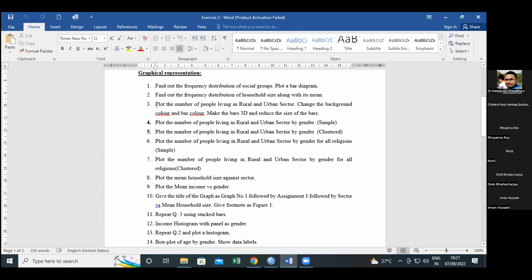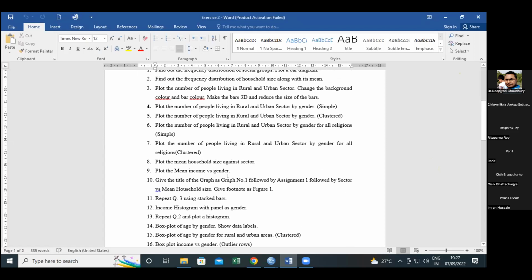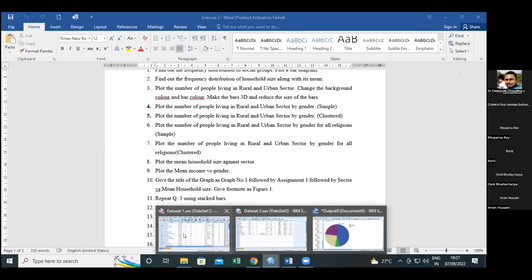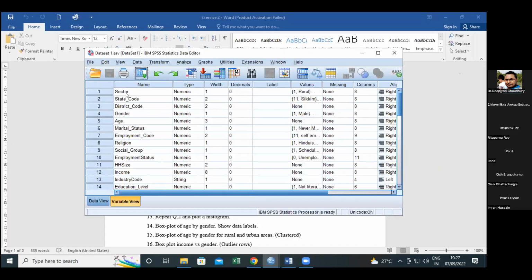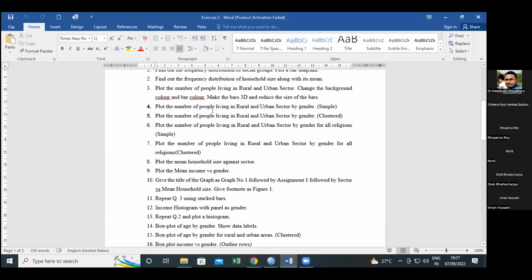Yes. So we go to our question number 3. Plot the number of people living in rural and urban sector. As you can see in my data set 1, this sector variable has 2 values, that is rural and urban. I want to visualize the number of people living in rural sector and in urban sector with the help of bar diagrams, and then I'll come to changing the background color